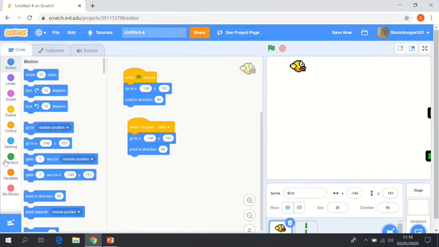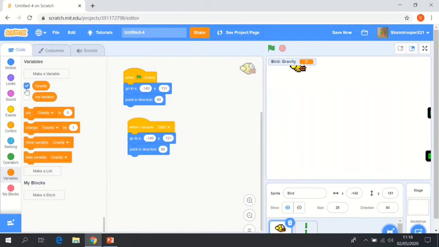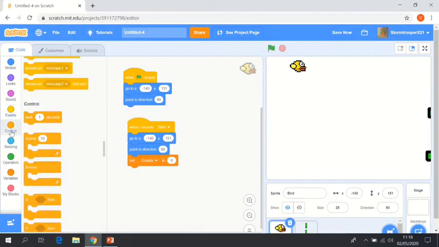This time we're going to grab a variable block. We're going to make this variable gravity. Make sure that you have it selected for this sprite only, as we don't want the pipes to constantly fall. Okay, just gonna make that gravity, accept it, we're gonna hide it, and then we're just gonna say set gravity to 0. We're then going to grab a forever statement in control,